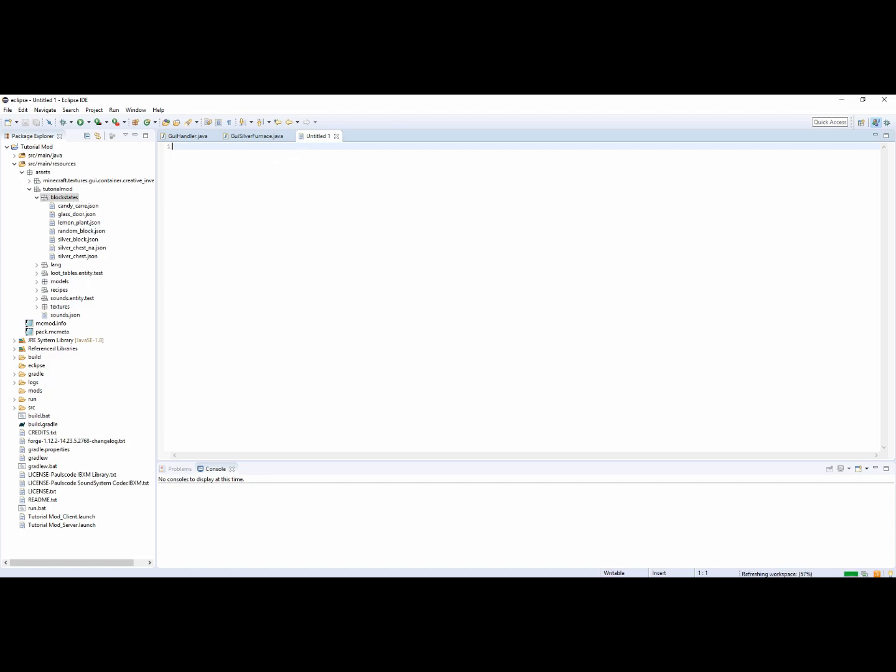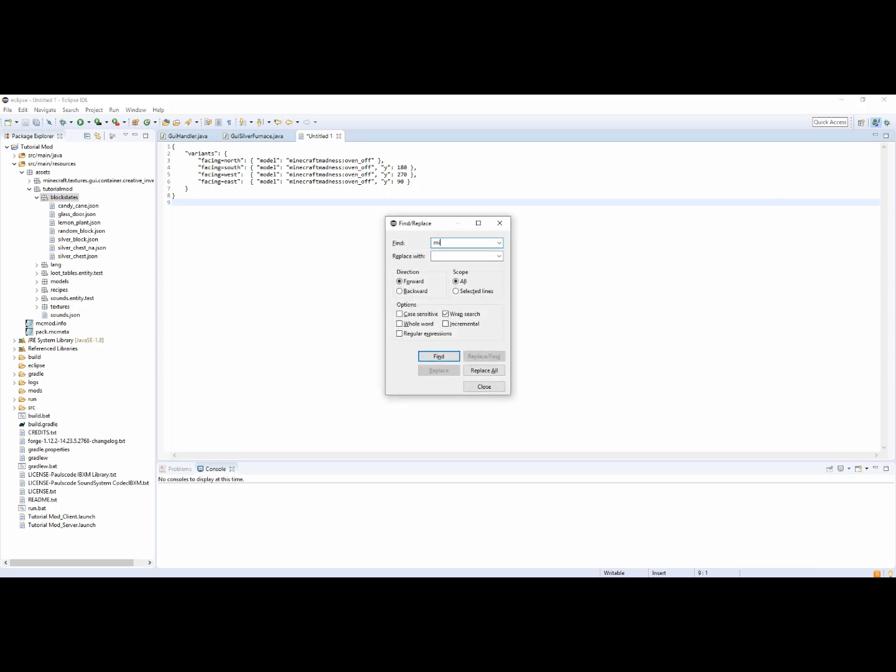Alright, so you want to go ahead and grab this from the description, and I need to change Minecraft Madness to tutorial mod. Actually, we need to change a lot more than that. Minecraft Madness colon oven, and we are going to change that to tutorial mod colon silver underscore furnace. Replace all